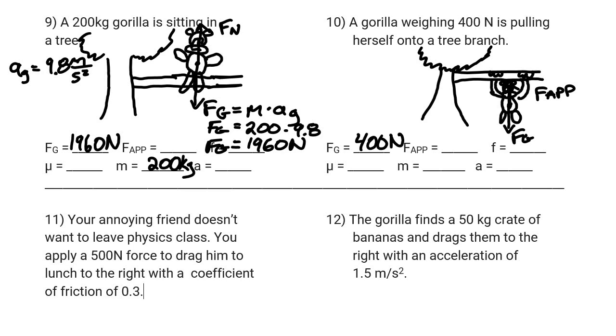But if we want to take this one a step further, we have our force due to gravity, which is equal to mass times acceleration due to gravity. So if we wanted to calculate our mass right now, we could just plug this in and figure out our mass. Once again, we have our 400 newtons over here for our force due to gravity. Our mass is what we're going to be solving for, and we have our acceleration due to gravity of 9.8